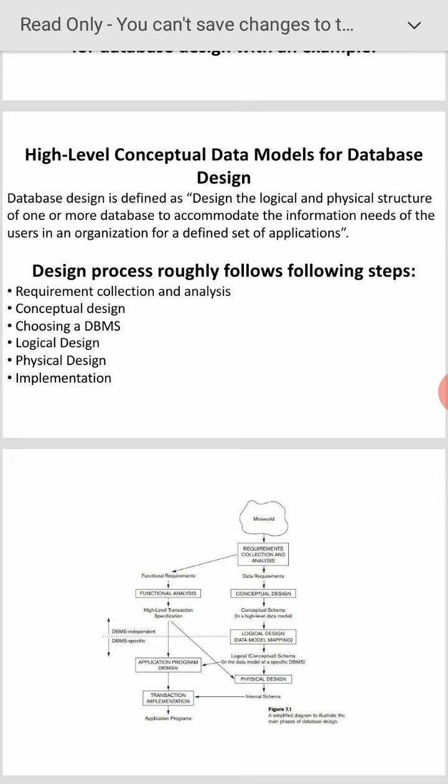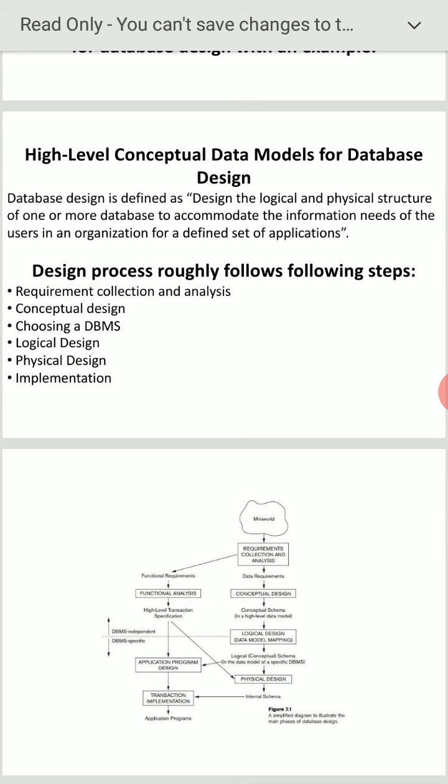Then after that we can go for the coding. Coding is nothing but writing the instructions according to the design. There you can choose any language. Then testing and debugging: give sample values and check whether it is working properly or not. If there are any errors, you have to correct them. Then if it is working properly, then implementation: bring the new system into working condition.